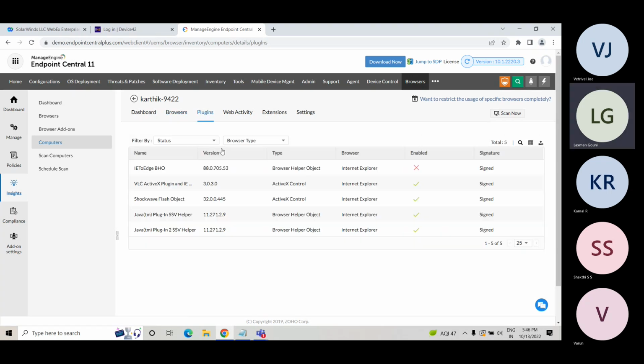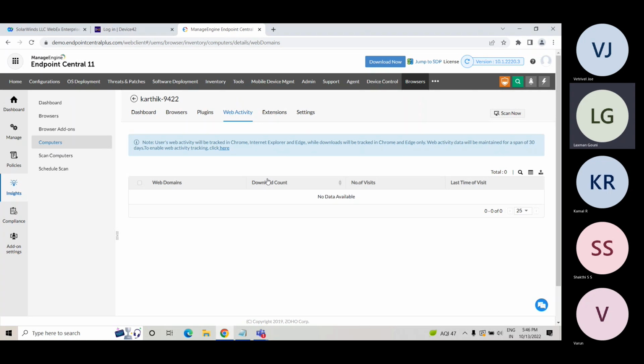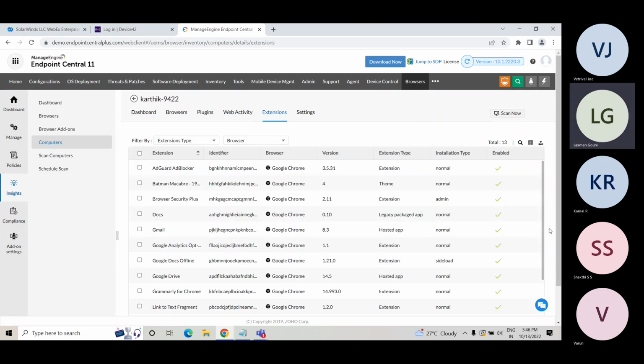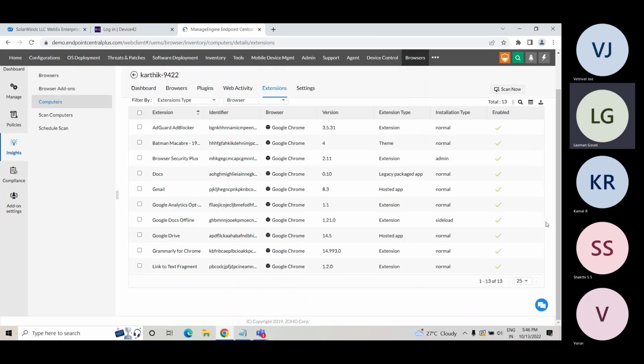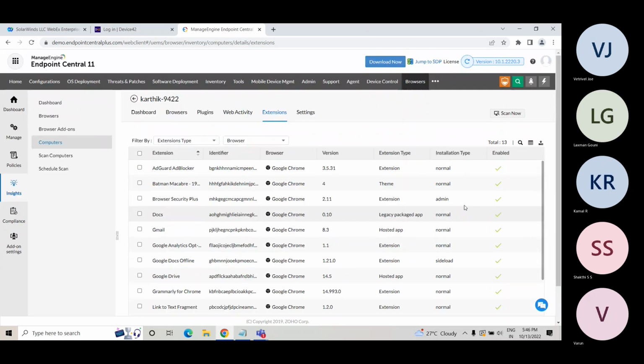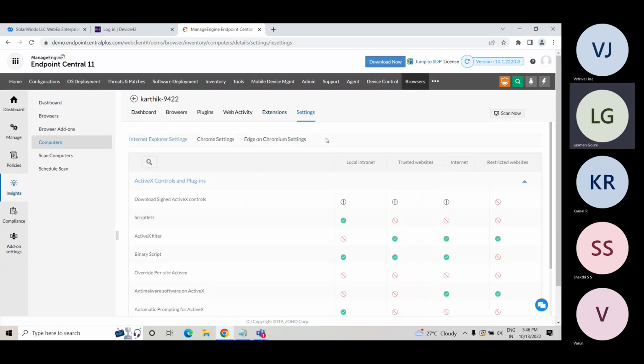How many plugins do I have? I have 5 plugins. These are all the plugins which are available. Web activity: what kind of website hits are happening to the respective domains from my PC, from each of the browsers, is also being recorded here. So be sure when you're having browser security on your computer. Extensions: how many extensions are there? What is the version of each extension, you'll be seeing here. And then you have some settings